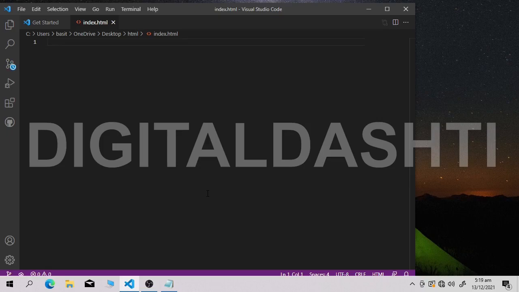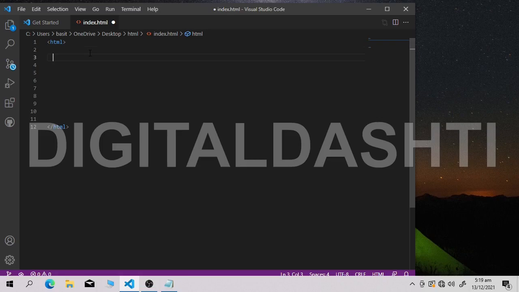Now I'm gonna tell you what the syntax of HTML is. Actually, first of all, you need to write this code. HTML, this is an element, open it and close it. How do you close an HTML element? By giving a slash, and use these angle brackets also. So write HTML, open HTML and close HTML. Inside these two elements we will be keeping our entire code, giving a structure to our website.